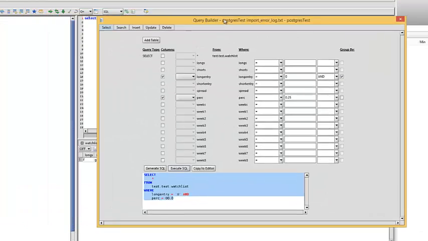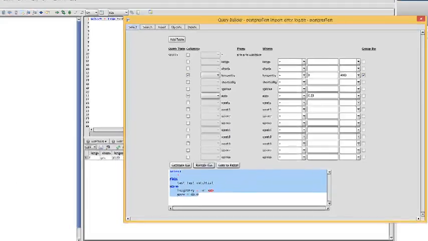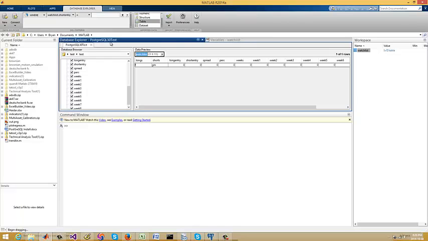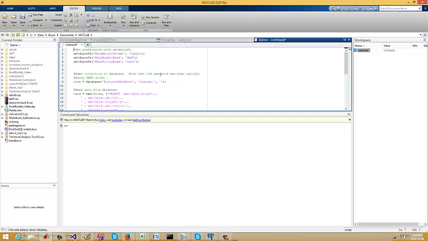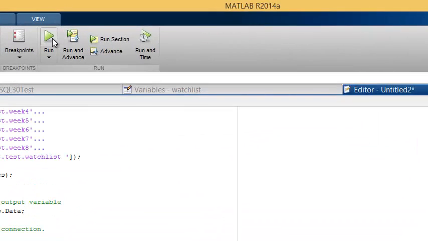These are the database table columns, and it's simple as that. Now once again, let me just create a new MATLAB script for that. In this case we are calling it watch list, but it's actually a table. Okay, so if I run this,